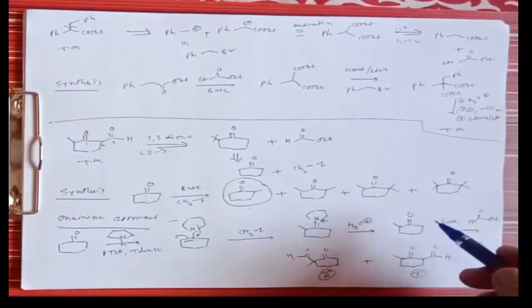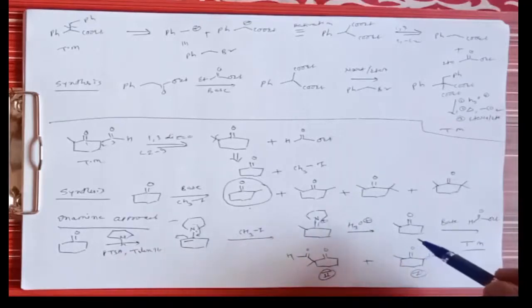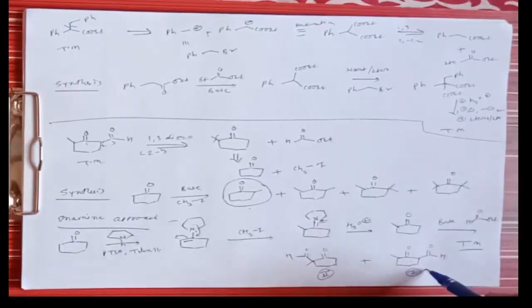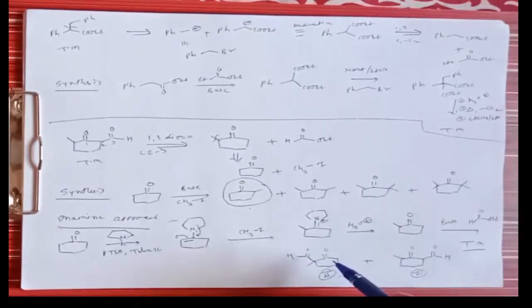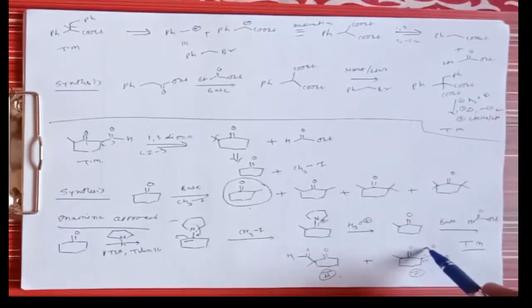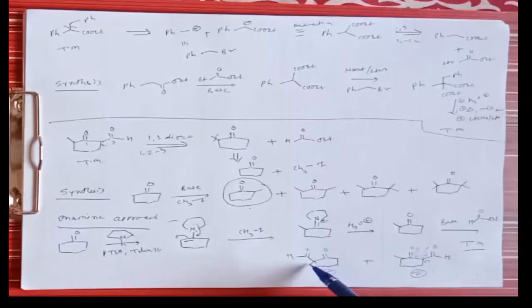Though it is a base-catalyzed reaction, it is highly regioselective and gives only the target molecule, this first one, not this compound second, which we can call the byproduct. This is because in the basic medium the first compound is formed and it gets enolized. The enolized product is more stable compared to this, because here no hydrogen is available for enolization, and therefore this product is not possible in these reactions.